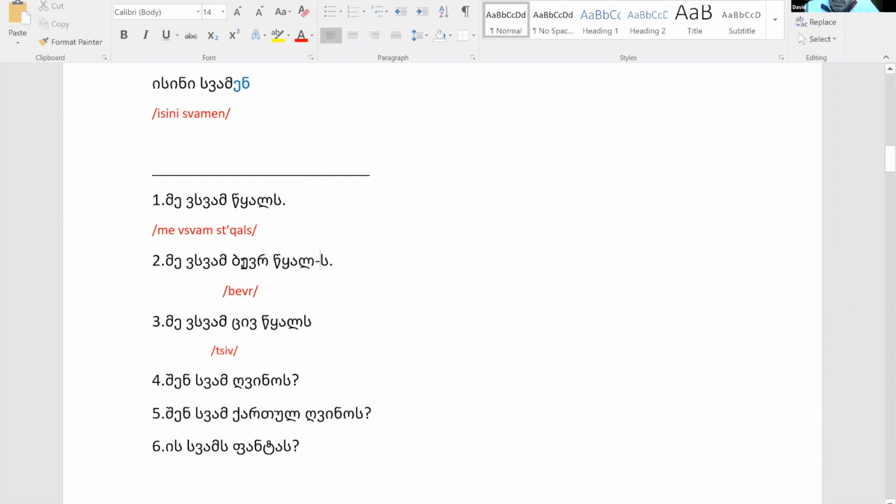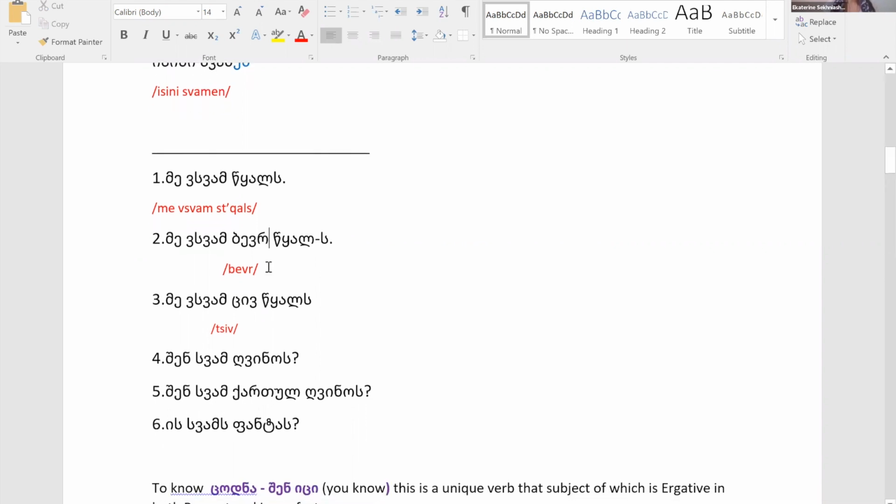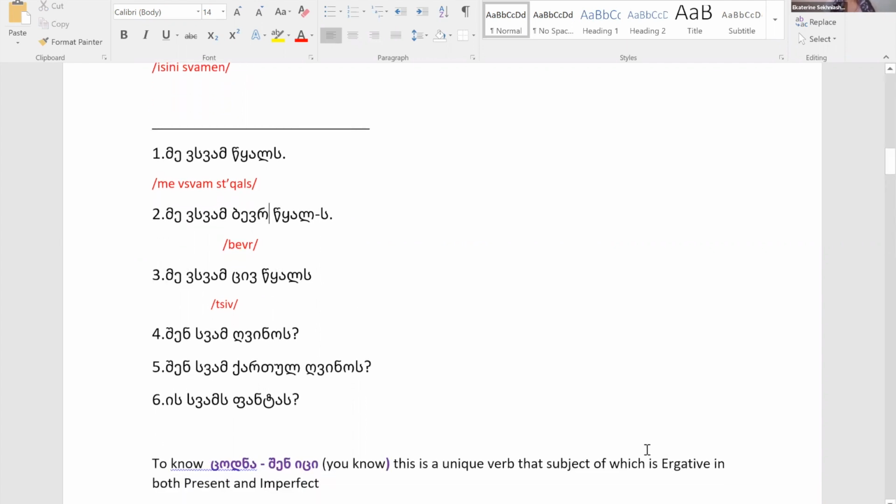Okay, but Donna, what is the case for bevr then? It was dative as well. Yes. Where is the marker then? There's no marker, because the dative doesn't take the marker at the end in the case of adjectives, in the case of a determiner. If it is a determiner, it doesn't take it. Yes, you are right. So, next, what about the third sentence?